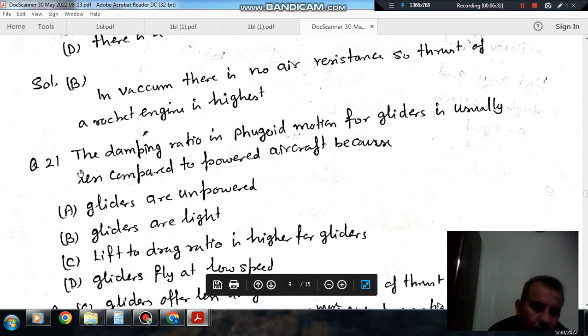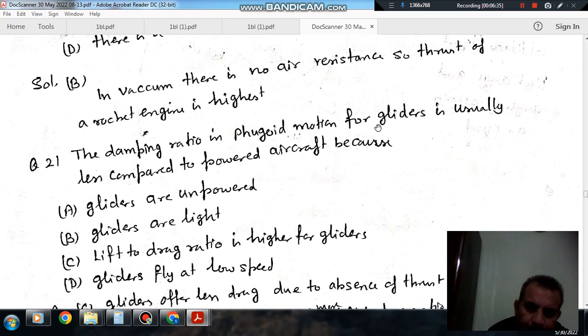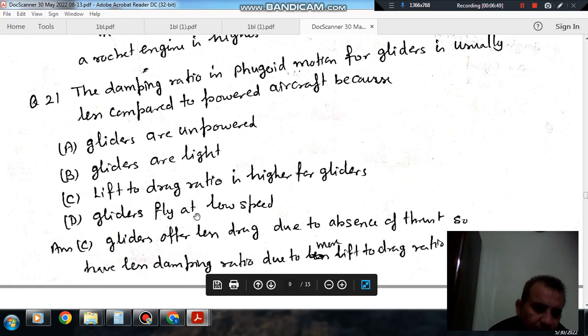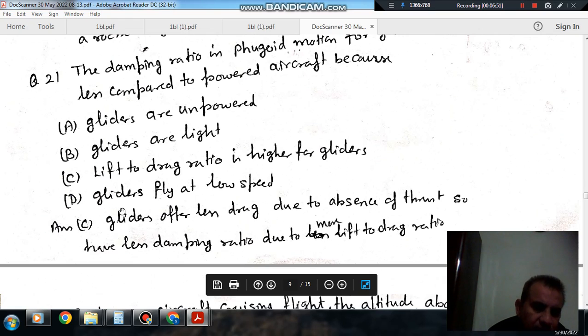Next, question number 21. The damping ratio in phugoid mode for gliders is usually less compared to powered aircraft because option A, gliders are unpowered. Option B, gliders are light. Option C, lift to drag ratio is higher for gliders. Option D, gliders fly at low speed. So answer is C, because